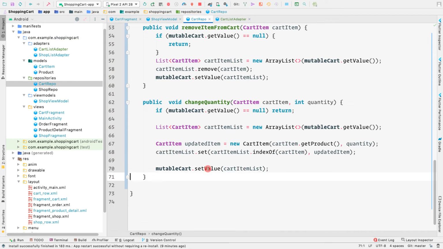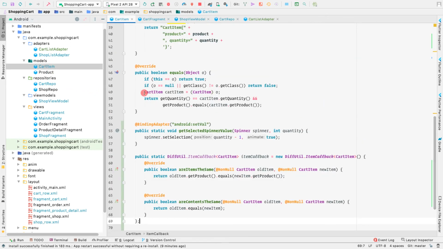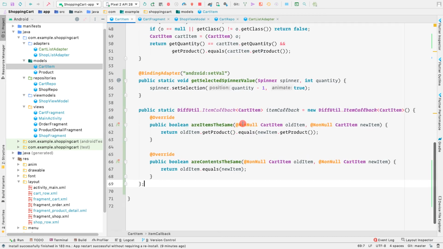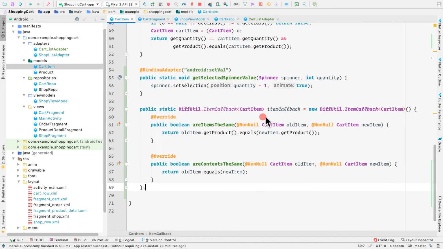So now everything would work, but we need to make a couple of changes inside this cart item model. So let's open our cart item model, and here inside this DiffUtil callback, for this item callback, previously we returned oldItem.getProduct equals newItem.getProduct, and if this returns false, then only this method would be called. But here the products are the same and the quantities are different.